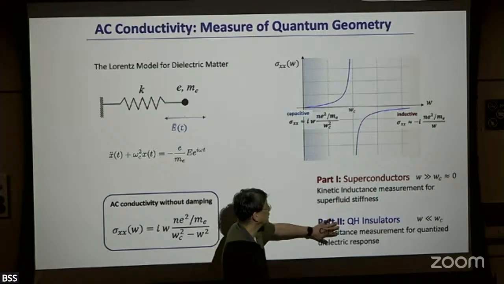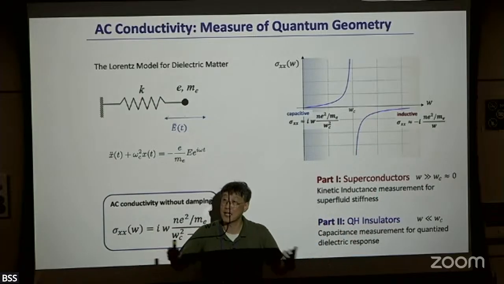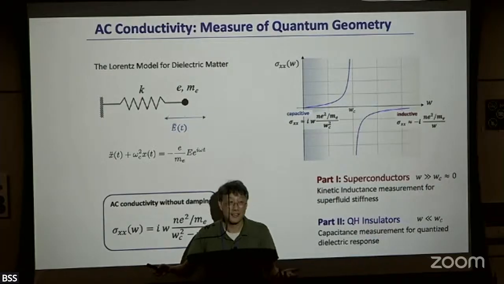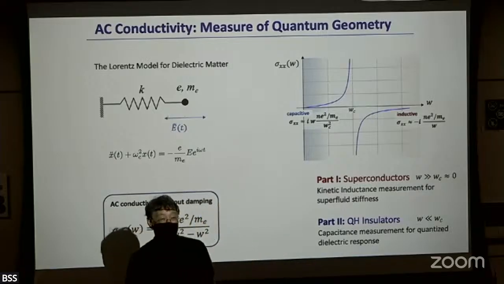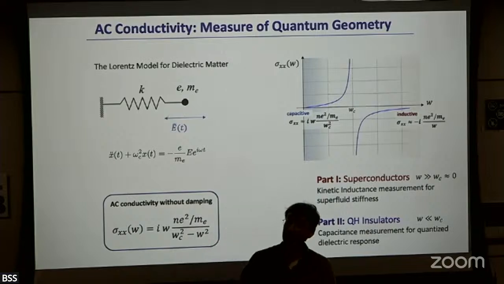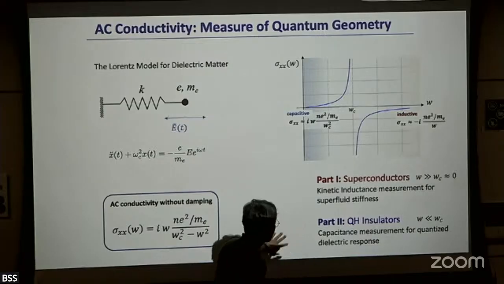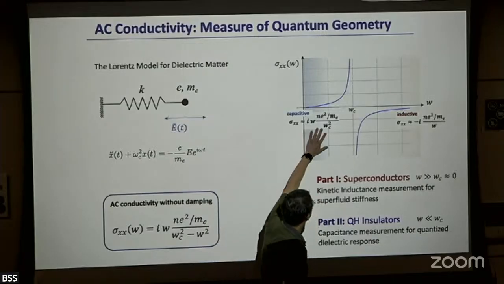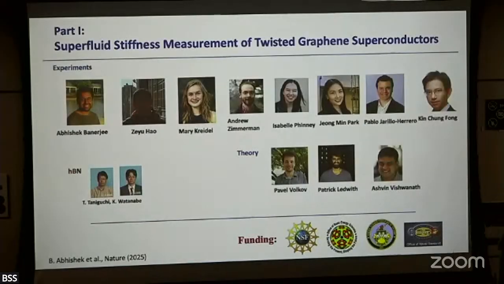And that's where I want to see what type of capacitive or dielectric response I get from the topological insulating states, right? The bulk of the quantum Hall system is basically an insulator, right? So I ask what type of dielectric response I get from that. And you can see that it is again related to the potential quantum geometry, as Ken mentioned.